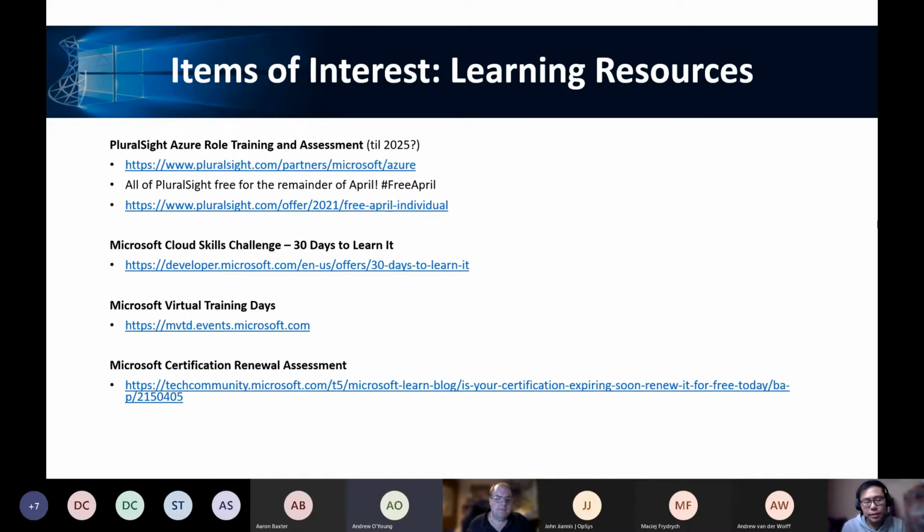So with all these certifications, they did have expiry dates of 2 years from when you attain them. So what they're doing now is you can do an online assessment from anywhere from 6 months out from the expiry date. So you can go on to, I believe it's Microsoft Learn, to take this assessment, and if you do pass, then your certification gets renewed for another period,